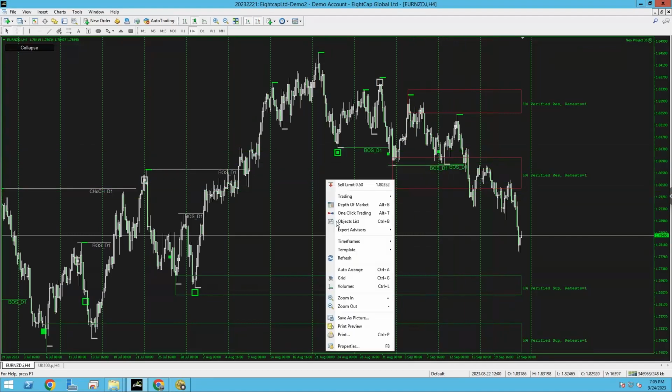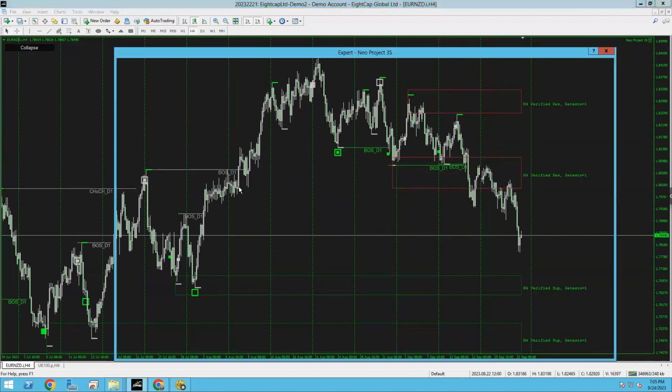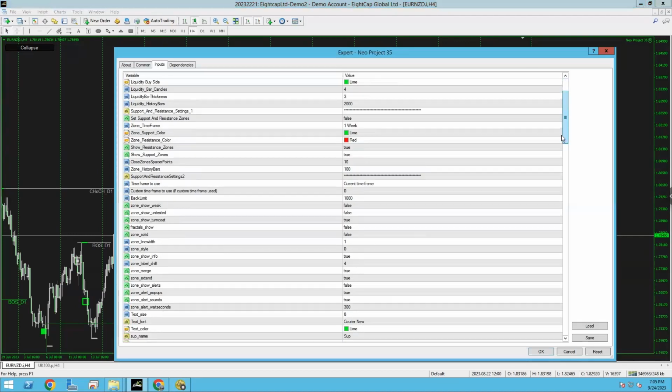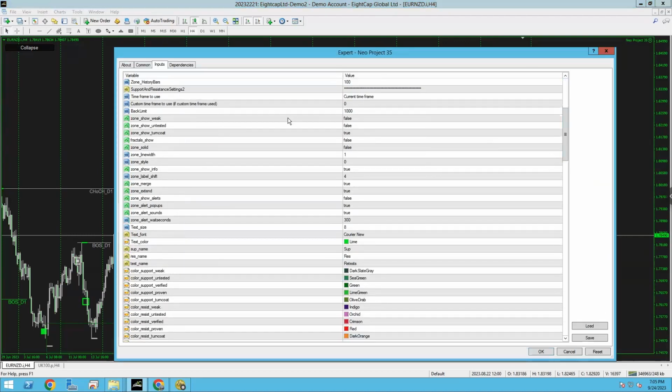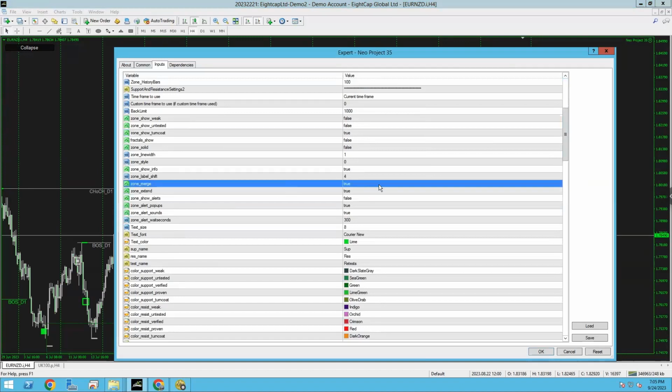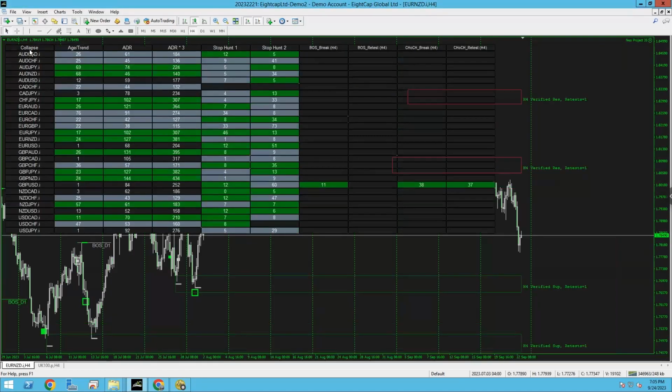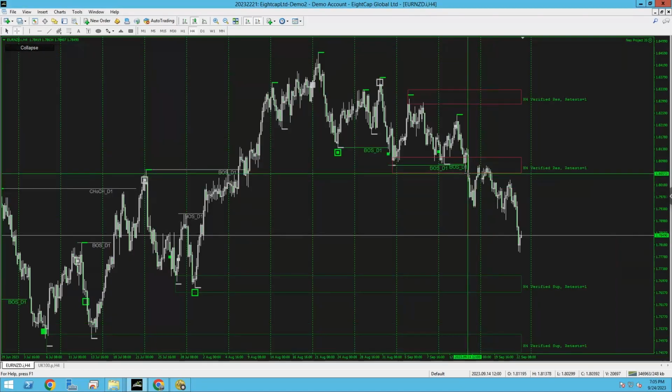This is another thing people are probably not clocking with Neo. In the Neo settings, this is why I'm going over Neo this Zoom call, just to help people out. If you go to merge zones, and you switch that to false, look at what happens now. So here you go, you see? Look at how it was different here now.